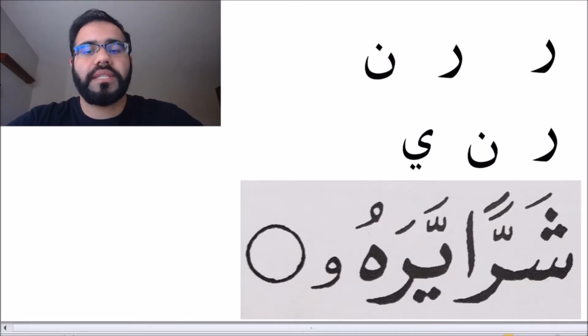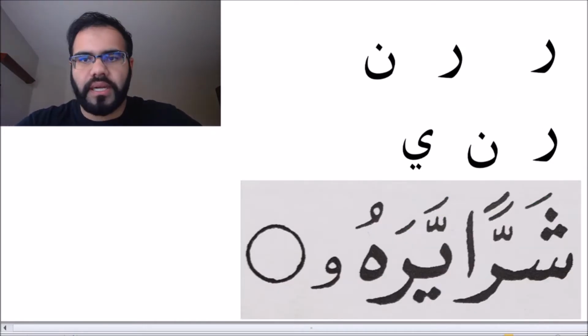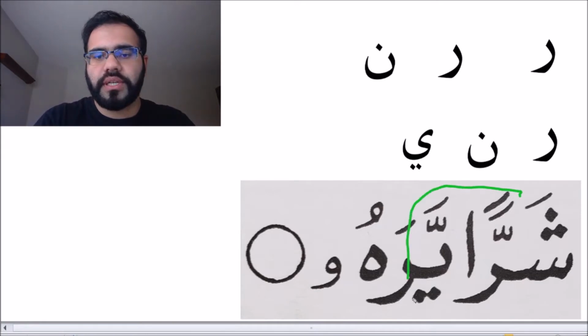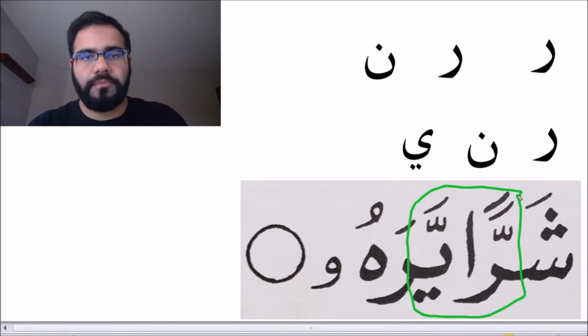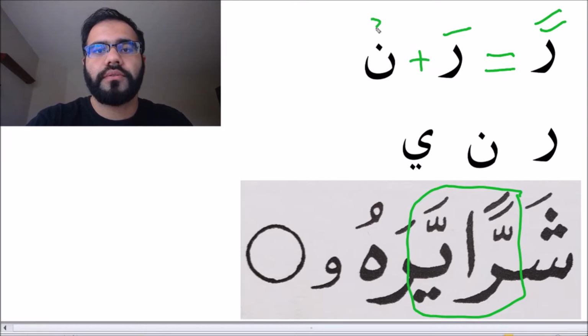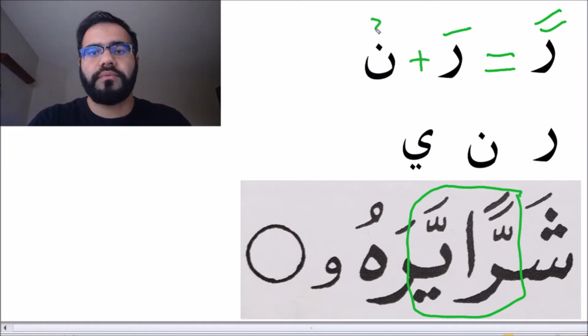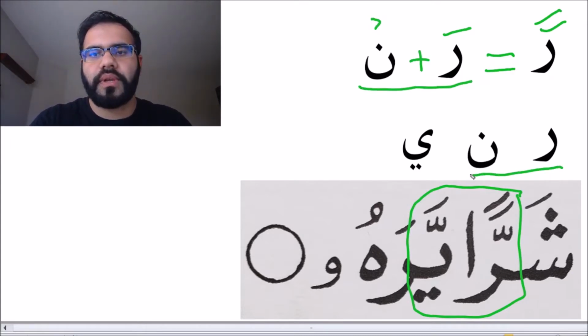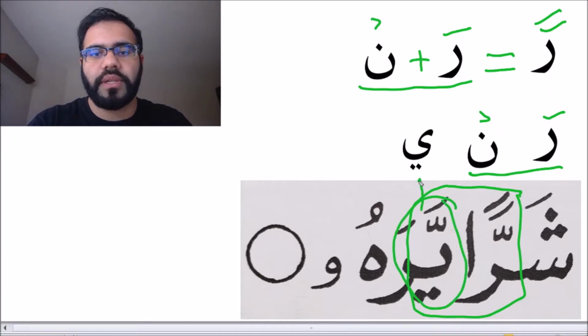So here we are. This is the next one that I pulled out. Same basic concept. Here, let's take a look at this junction again. This time we have the exact same thing going on. So now we have this ra with a fathatain. I'm going to break that ra fathatain just into ra and a sukun. Now this right here, all this, I'm just going to copy right there, right? So again, that's ra with my fatha, my noon, and then the reason that ya is there is because I'm just pulling this ya and I'm putting it up there.